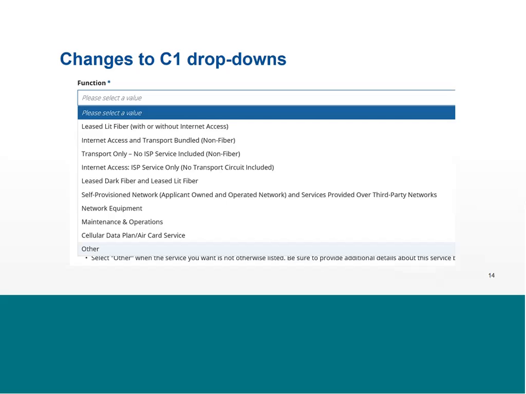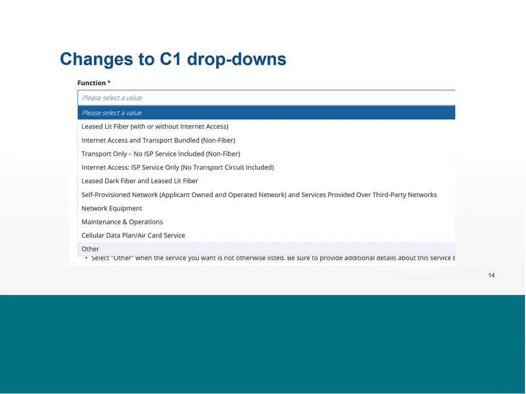And I bring this up because it's so important to select the correct option on your Form 470. If you don't, then when you get further into the process, USAC will come back and say that you had a competitive bidding error because your 470 wasn't filled out correctly. So if you are going out to bid for your Category 1 services this year, you would have to post a new Form 470, and if you're not sure which option to choose, give us a call so that we can help you select the right option, so you don't have a competitive bidding issue. Candace, if I may just interject, for libraries,